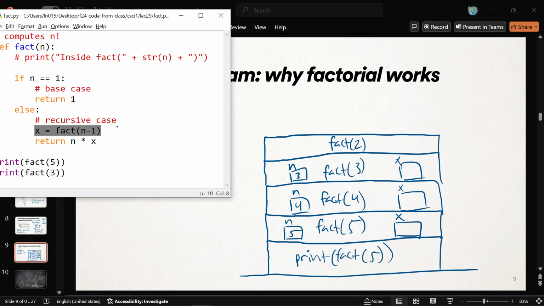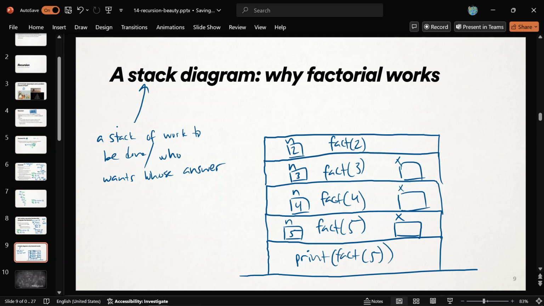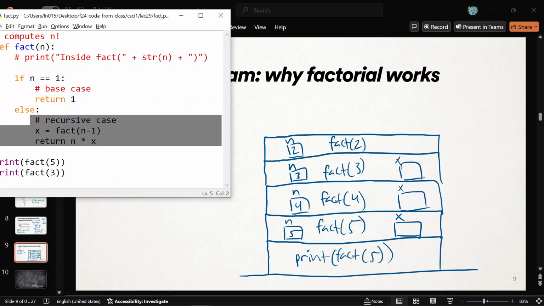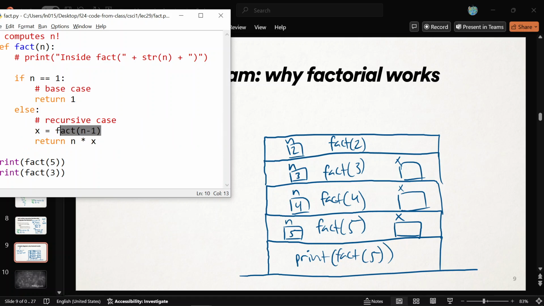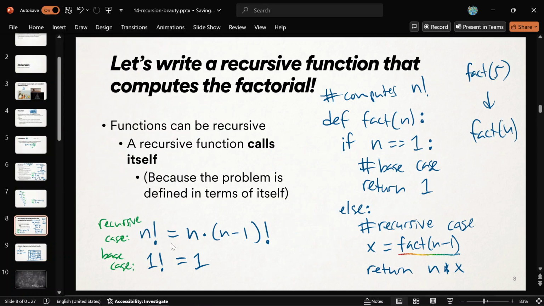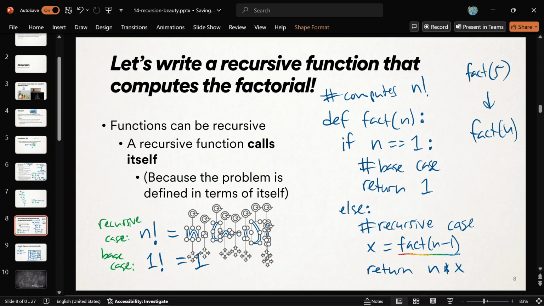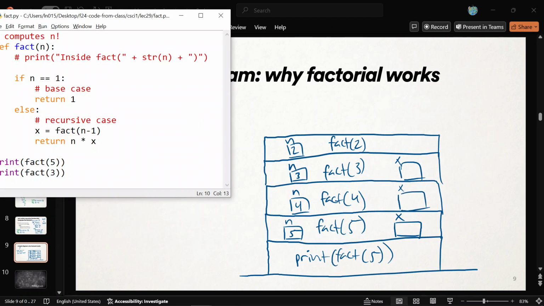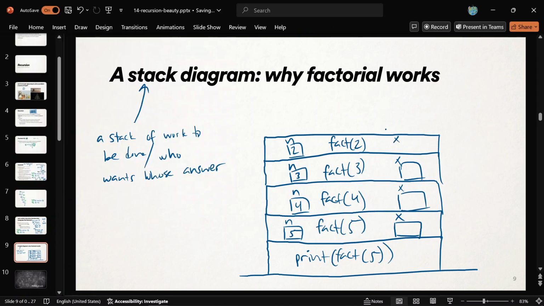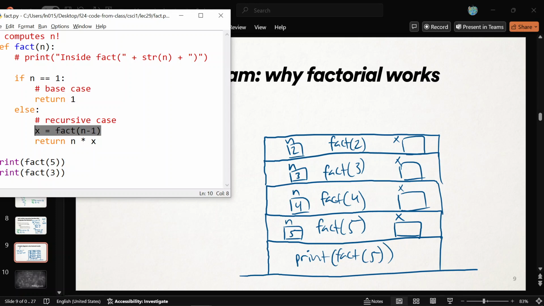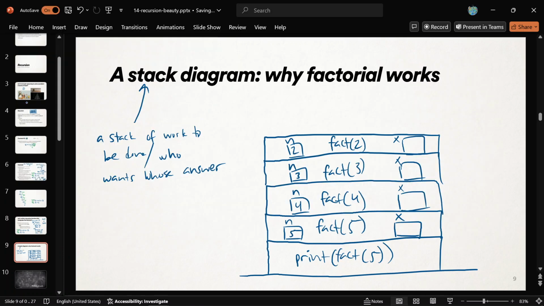So this is a call to fact of 2. Again, it's got its own n, which is 2. Still not 1, so it's still the recursive case. It tries to make an x variable. And it's like, all right, fact of 2 equals 2 times fact of 1. So it has to go off and compute fact of 1. It will do that and try to shove that answer into an x variable. All right, so there it is. It's doing it. It's trying. And it's going to, again, pause in this line. It does not know what fact of 1 is. It has to go and ask a smaller version of itself for that answer and get a number back. Okay, so fact of 2 calls fact of 1. We're almost home free because that's our base case.